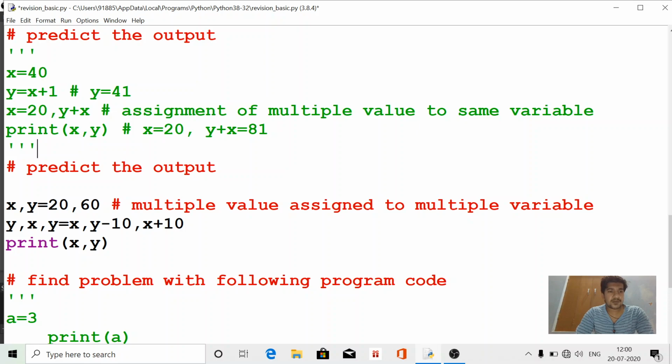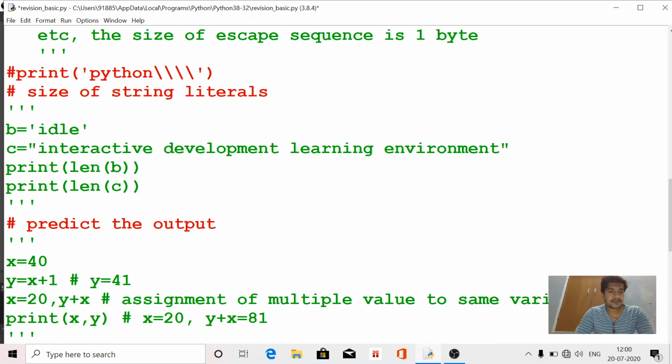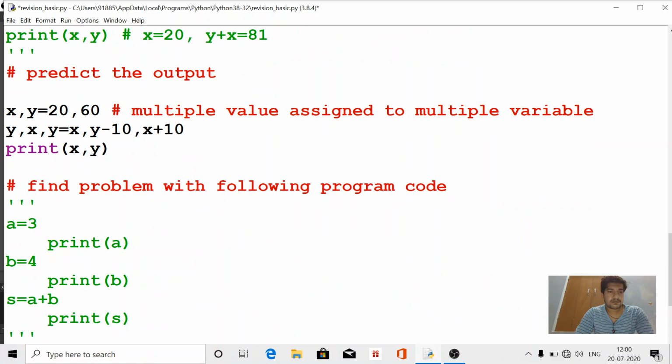Now see the output of this program. See here, x, y equal to 20, 60. This is called multiple values assigned to multiple variables. We have studied this concept in assignment of variables in our previous lecture.